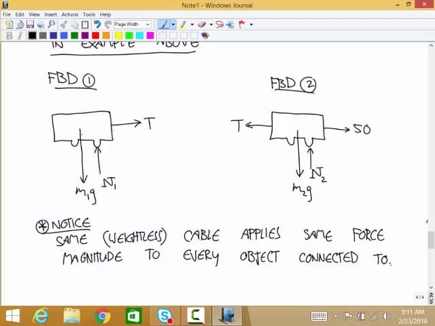If the cable were to have weight, would it just be treated as having like a 1 kilogram weight in the middle of the cable, or would we have to do something else special? You would have to first choose what you're isolating, and then at that point, you could figure out how much mass of cable is in your isolated piece and apply it then. Yeah. It can get a little complicated.